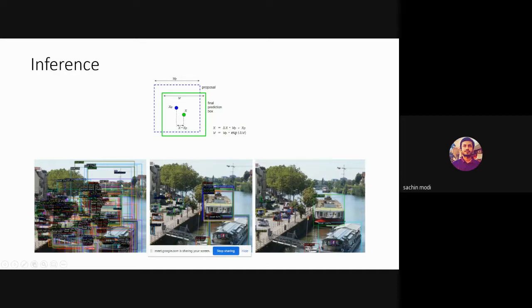Many of these proposal boxes will have a low objectness score, so I filter them out. For example, in this image, all these other boxes will get filtered out. Then I'll have multiple boxes which are predicting the same object, and using non-maximal suppression, I'll just select one box out of them. Finally, I'll get my prediction values.